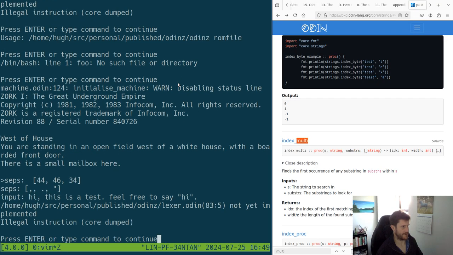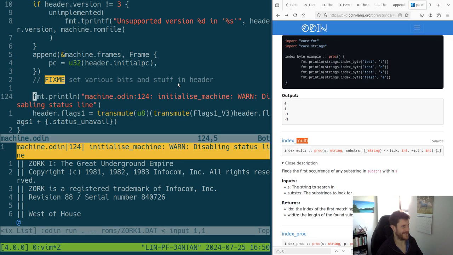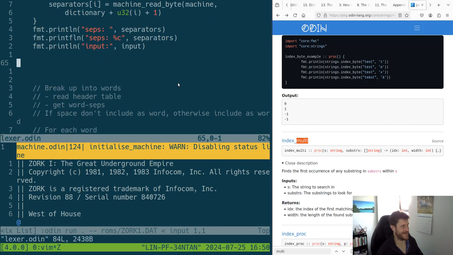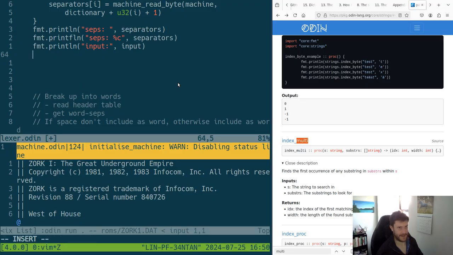That way I don't have to type. Right, so anyhow, when we're here, we can use what it was, strings dot